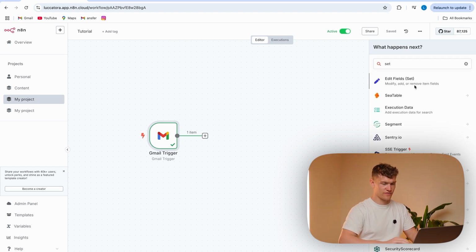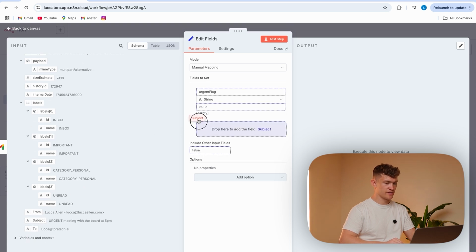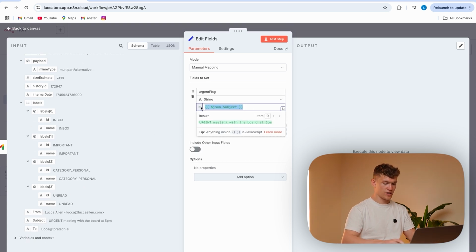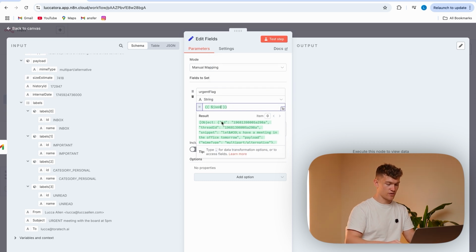So we're going to go back to the set fields and we're going to set a flag for urgent. So any urgent emails that come in would get the urgent flag, and then we're going to set our expression. As you can see here, we could just drag this in, but what we could also do is use our curly brackets, and if we put in JSON with a $ sign at first, then it just gets all the JSON from the previous node. And then if we want to get a particular one, we can do dot